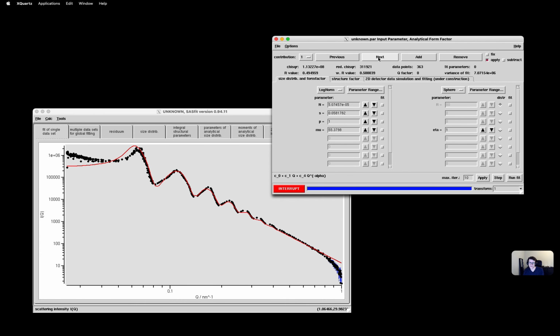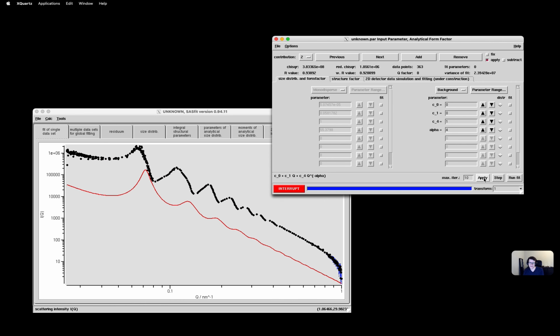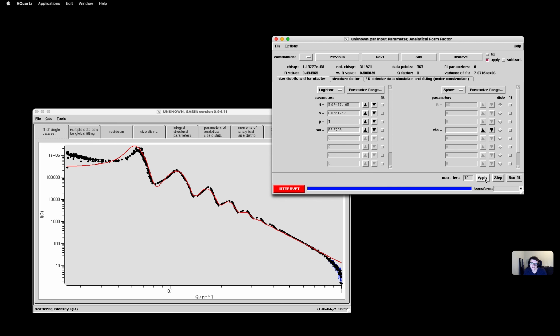So we can see on the curve itself, I disable the first one, only show the second one, then I get this. So I have here only Q to the minus 4. So this is overlaying the first contribution. I enable the first again. Yeah. Okay. And we see this being improved a bit.